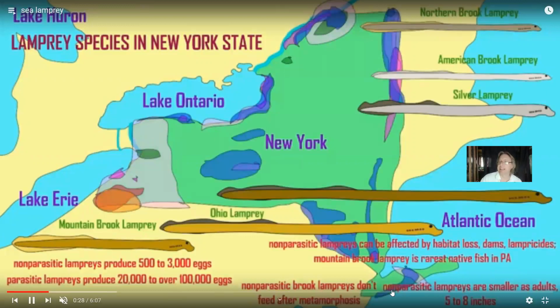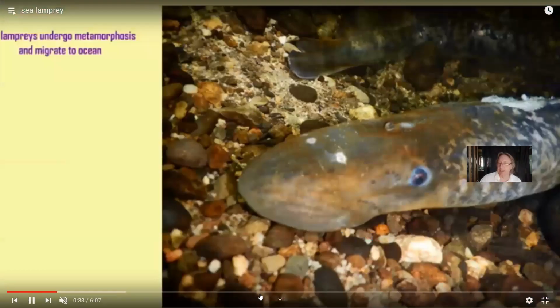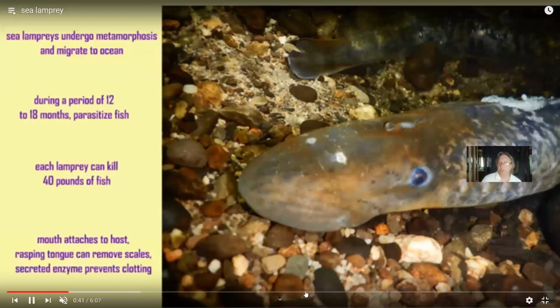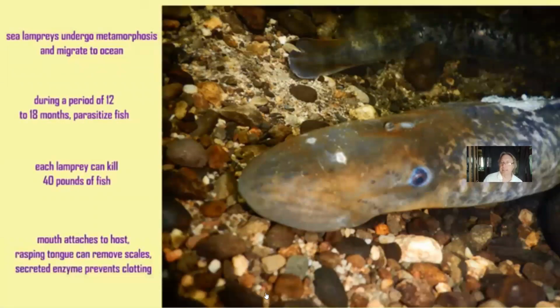Now, lampreys are native to the Atlantic Ocean and to many areas of, say, New York State, and many waterways such as the Hudson and the Delaware. But they were introduced into the Great Lakes as a canal was built that went around Niagara Falls. And so thus they could now parasitize the fish of the Great Lakes, where, given that each lamprey can be responsible for the loss of 40 pounds of fish, they have caused an incredible reduction in the number of fish